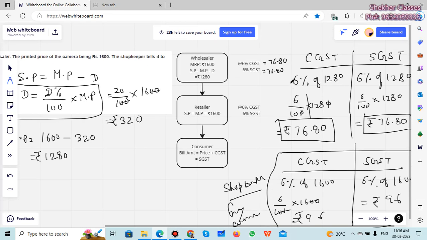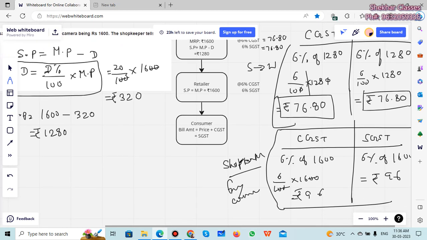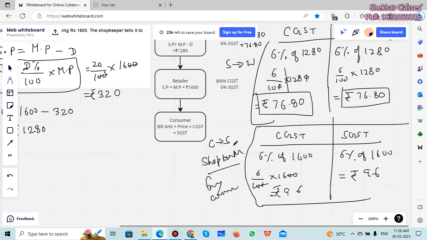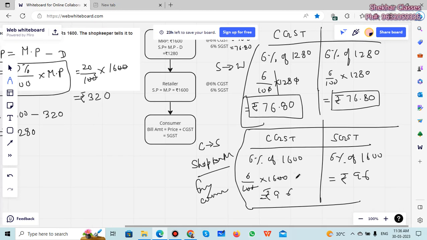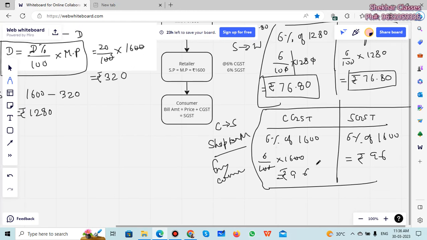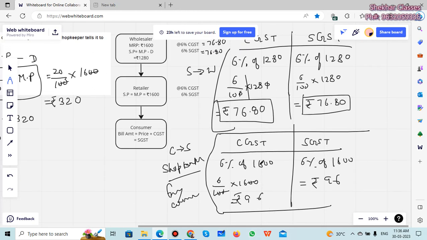And this is for the retailer to the wholesaler here. Is it clear? Now once the tax has been collected, the retailer will not pay the entire 96 rupees to the